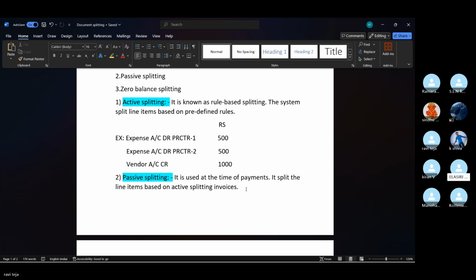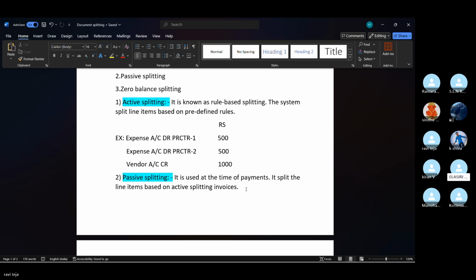Whatever the posted transaction, I'm posting with a single transaction. I had split it into multiple line items, but my GST has to not be split into multiple line items. For example, I am booking maintenance as 50% and rental as 50%.